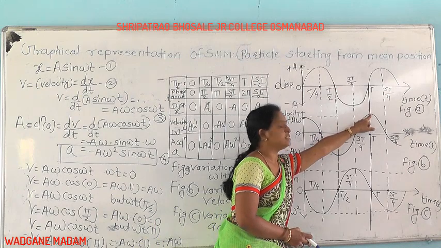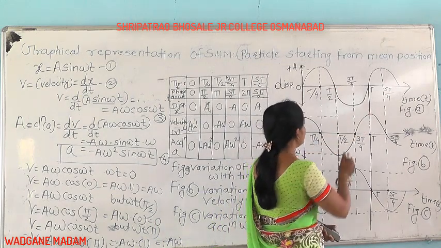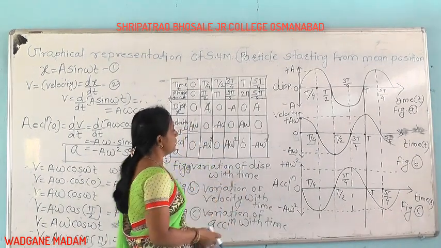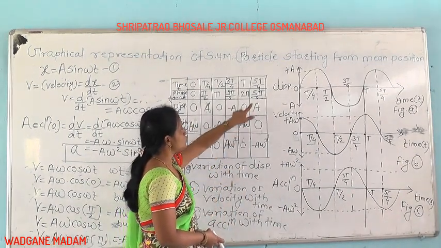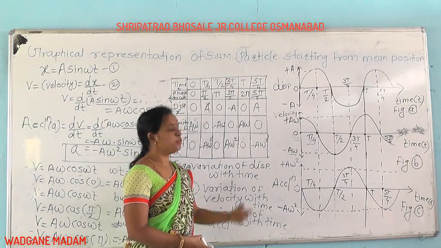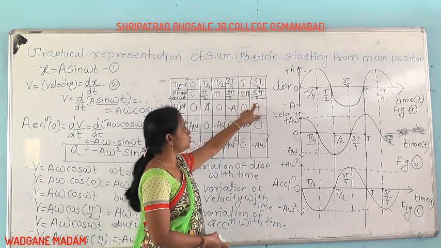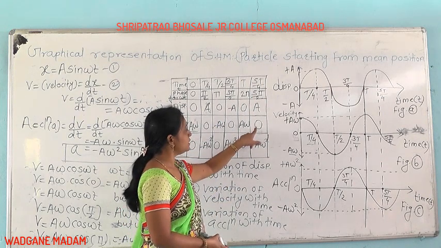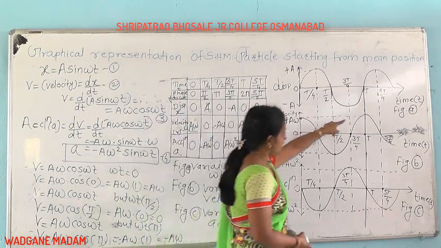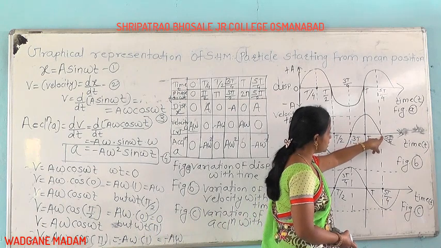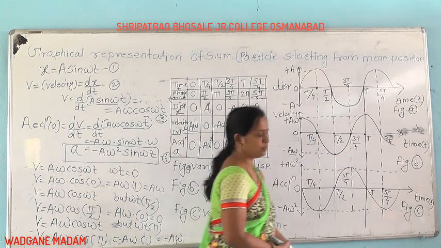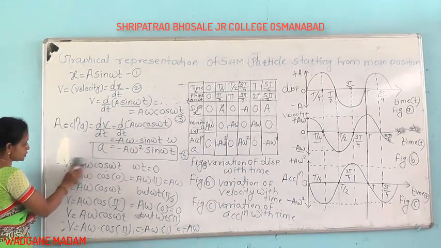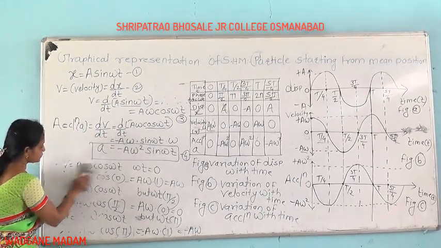velocity is maximum, that is, at this time interval 2 pi we get the maximum value, that is a omega. Also, when putting the value 5 pi by 2 in v equal to a omega cos omega t, we get the value 0. Therefore, the graph again goes towards the mean position for the corresponding time interval. Then after that, we can see the expression for acceleration.